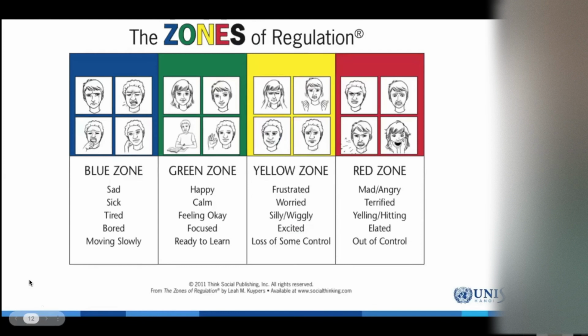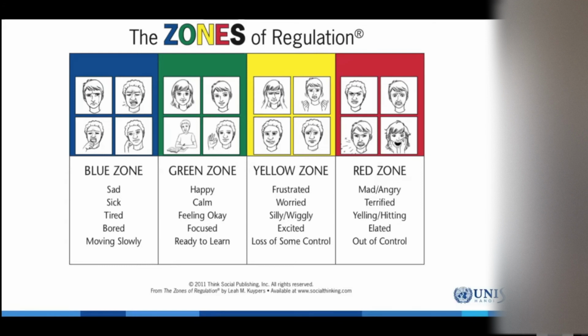We then visited on the zones, and this is the language that we use at our school to help children express their emotions. And it's a way for us to hang the emotional vocabulary that we're teaching onto a wider concept. So for many of our kids, they might not be able to explain, I'm feeling really frustrated right now, but they could say, I'm in the yellow zone. And then we can help them by digging a little bit deeper. Are you feeling silly? Is it like a this kind of emotion? Are you really frustrated about something? Where are we at in the yellow zone? And it helps you as a parent and us as teachers to know how to support that child as they regulate back down to the green zone.